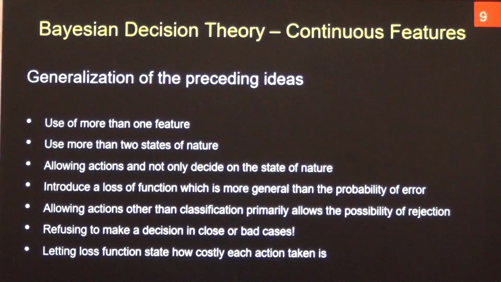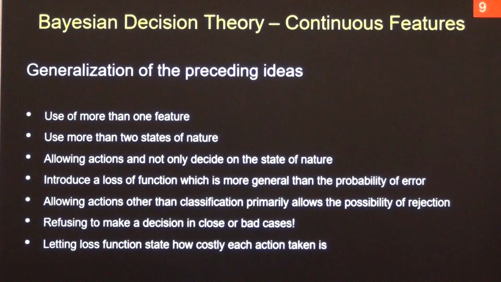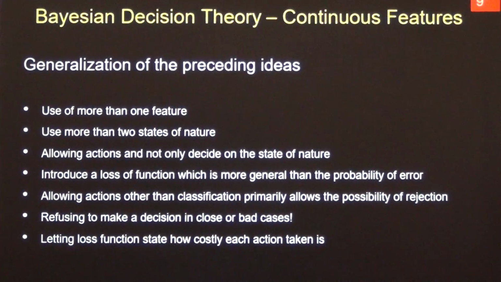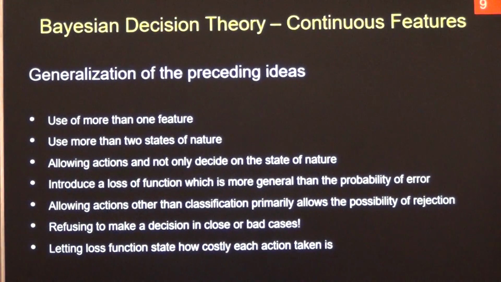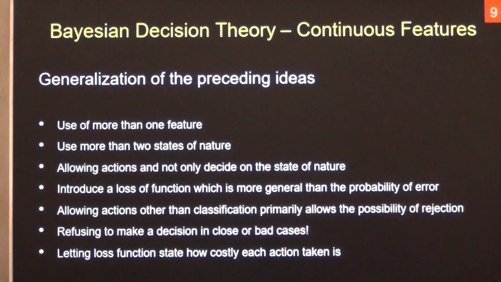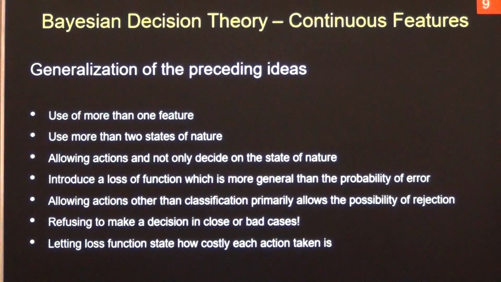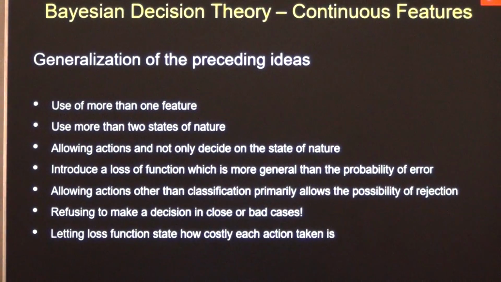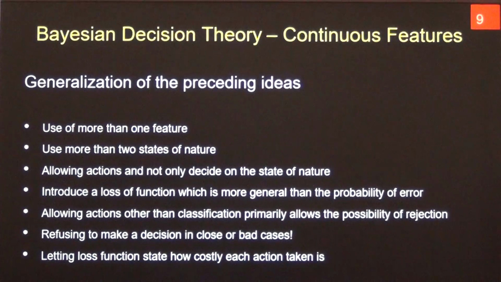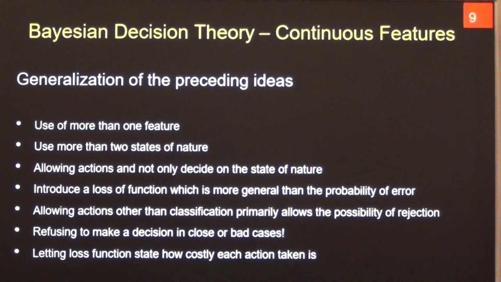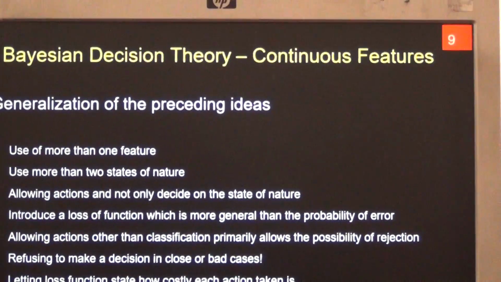So if I have an unknown pattern, or a feature vector corresponding to an unknown pattern, and suppose the feature vector falls on this point somewhere over here. Now we can say the feature vector is on the left side of the decision boundary, so this feature vector belongs to class 1. If the feature vector happens to be somewhere else over here, on the other side of the decision boundary, then I will say that the feature vector belongs to class 2.